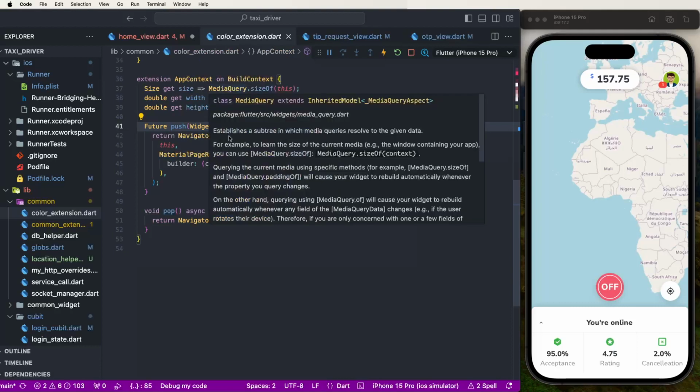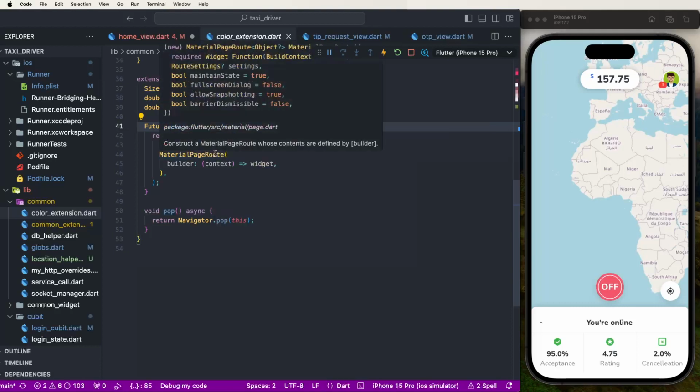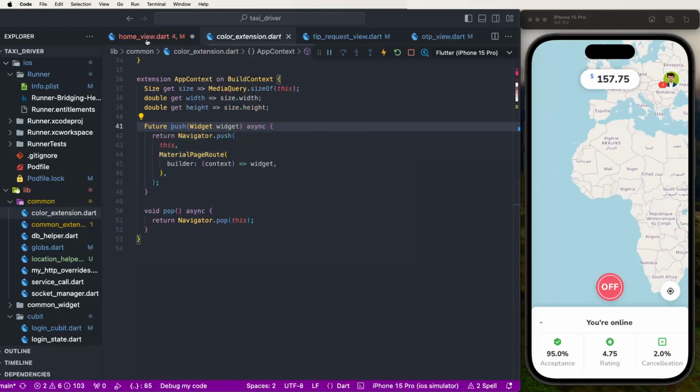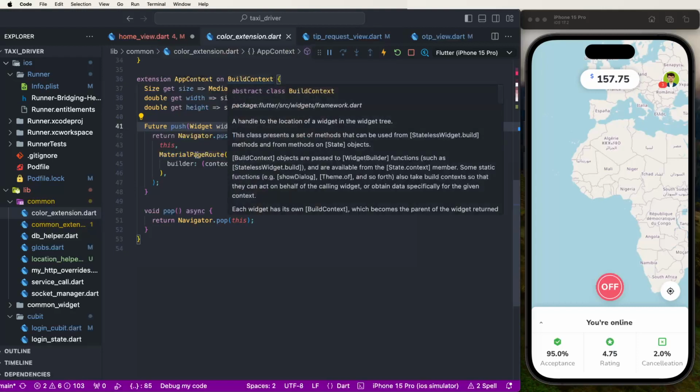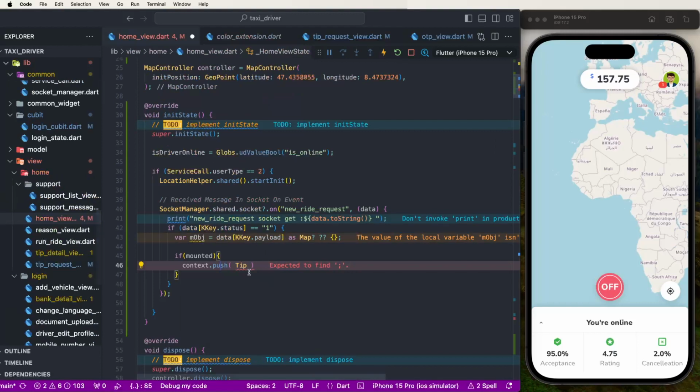Like this, we need to create the extension methods of the stateful widgets. You need to create here, this is the build context. You need to write down like this, context. Now we need to pass the push and write down here